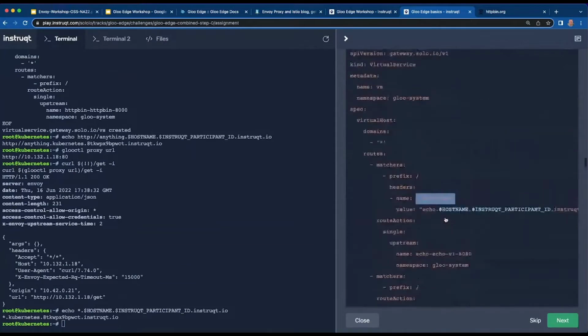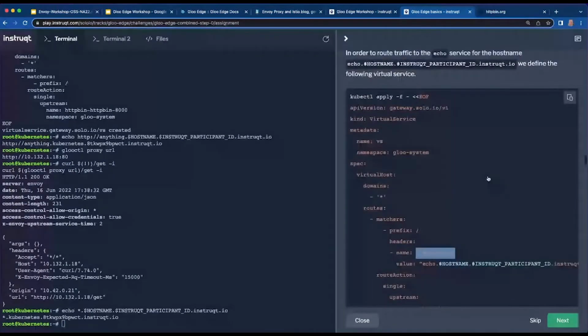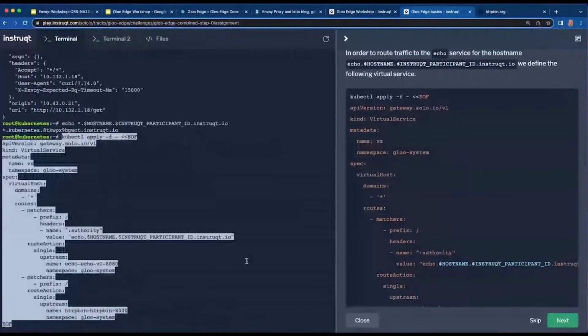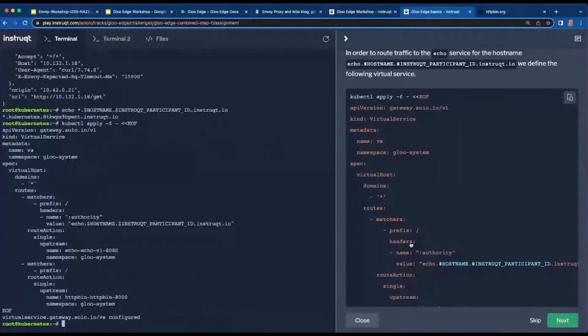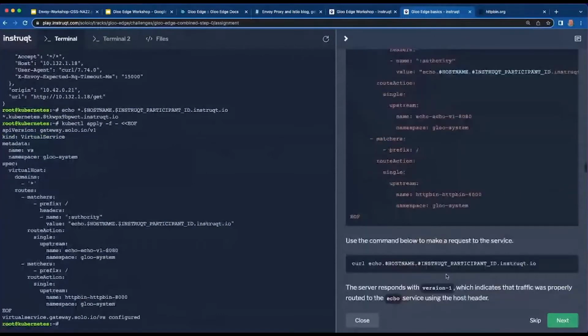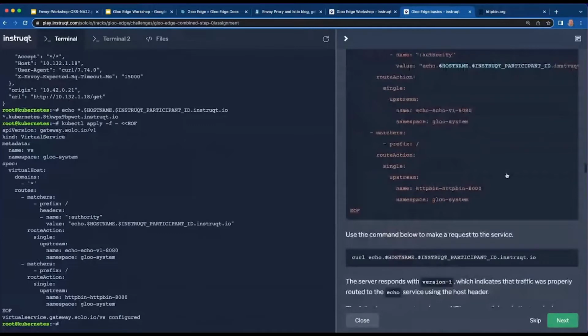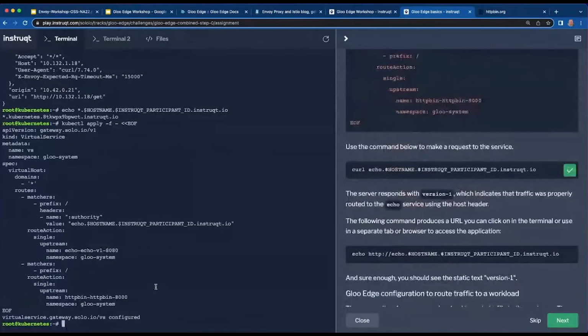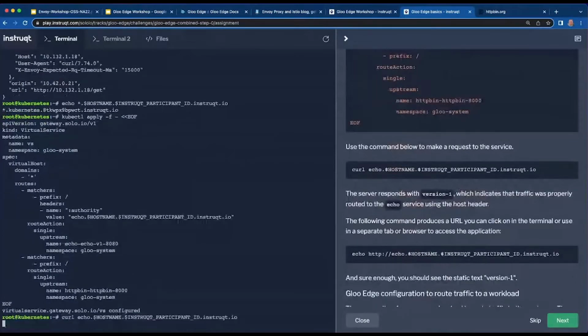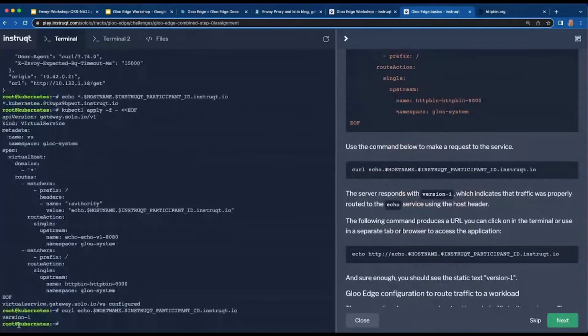Okay. All right. I hope that is clear. So let's go in here and let's apply this virtual service change. And when we do that, now if we curl this endpoint, echo.blah, we should be routed to, right? We're routed to the echo service, and you see we get back this static version 1 string. So that's working exactly as we expect it to, where the authority header is the value of this host